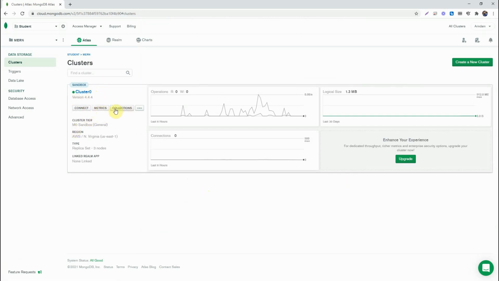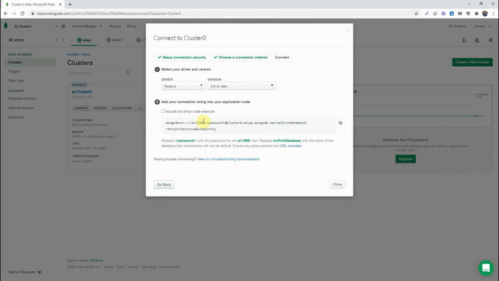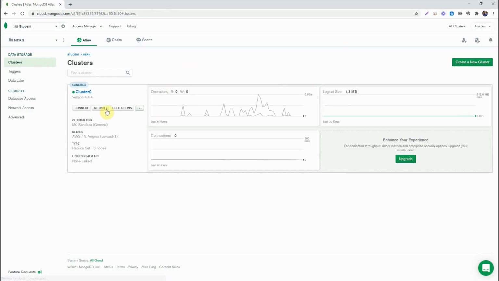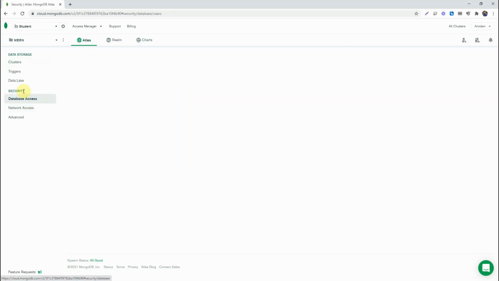In this cluster you don't need to do anything, just click on connect and click on connect your application. So you can see this is your application. You also need to connect this Atlas, meaning this cloud database, with this URL. Another thing, go to database access.